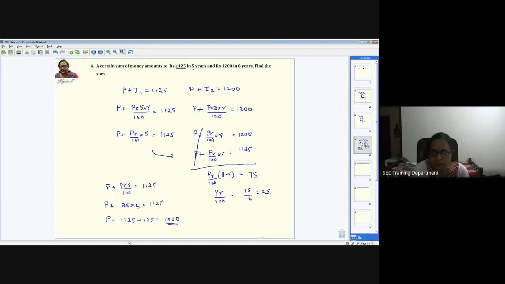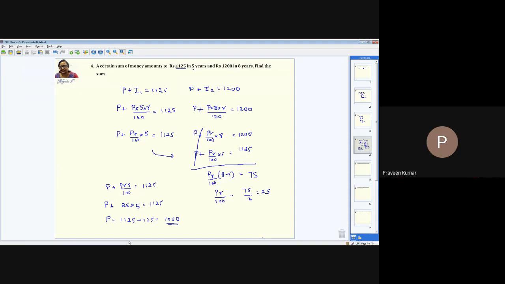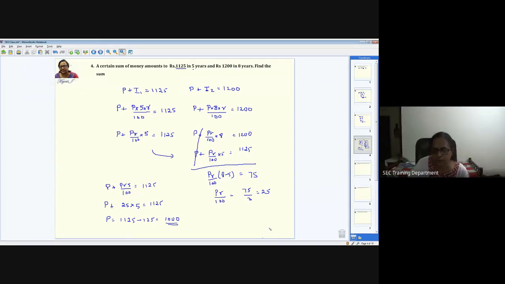Basically, simple interest and compound interest are like a form of equations only. You have to solve the equations. And as I said, it seems to be very easy because you have only one formula. You have to apply that and get the answers. But most of the time, it will be a little complicated, like every problem will be of a different kind. So at CAT level, when we teach simple interest and compound interest, this will be the toughest for them. It confuses them a lot because every problem is of a different kind and we have to approach it in a different way. So you just have to go through these kinds of problems and how to solve them. That's it. Can I go to the next one?